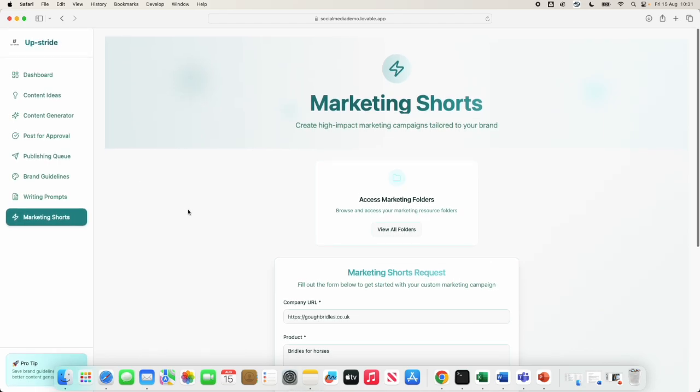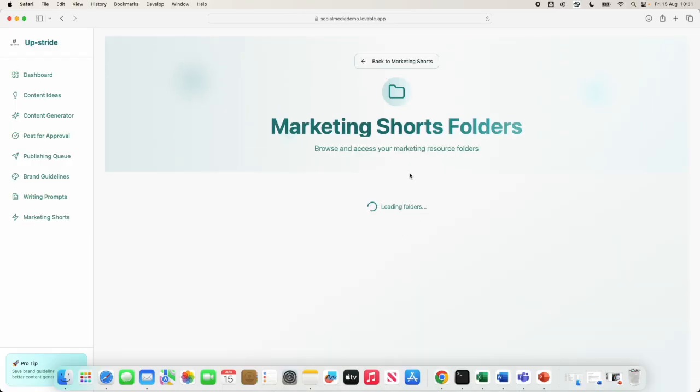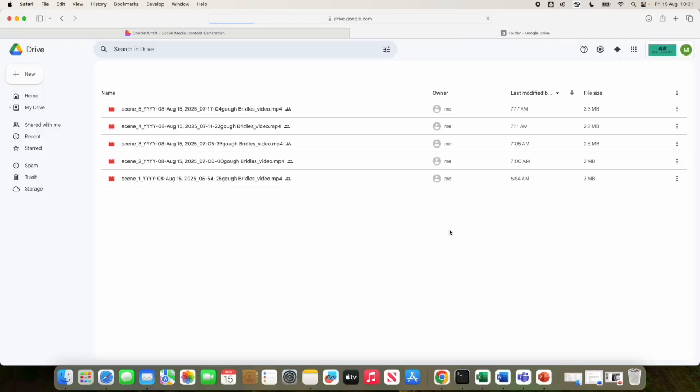Once you hit submit, that goes away and starts creating the campaign for you. And then once it's finished, because it will take around sort of 20 to 30 minutes to create all the 5 videos, it will then email you to say it's ready with the link, but you can then also access the folders from here. So for example,